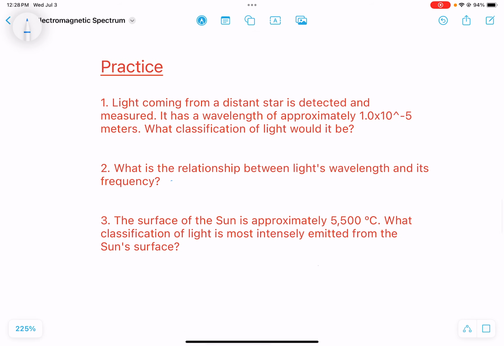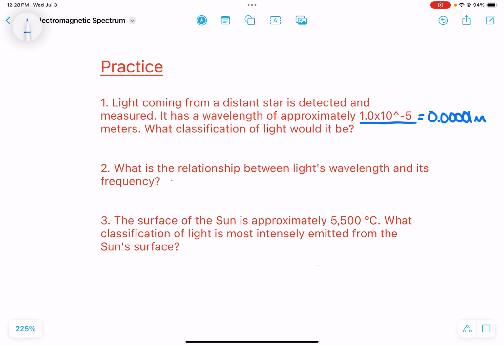The first one says, light coming from a distant star is detected and measured. It has a wavelength of approximately 1 × 10⁻⁵ meters. Okay, that is the wavelength. That's pretty short. What classification of light would that be? Okay, if we were to convert that into standard notation, that would be